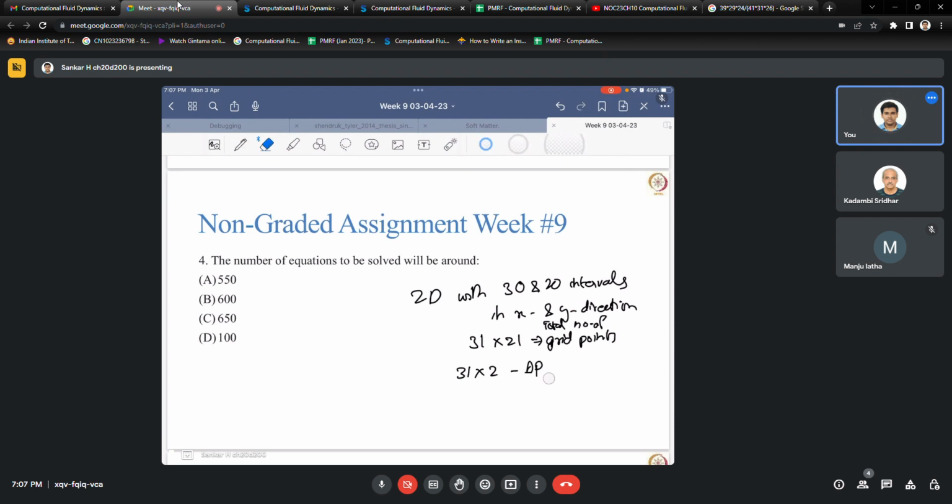We can write that a little bit more clearly. 31 times 2 will be the boundary points in, let's say, x. 21 times 2 will be the boundary points in y. Therefore,